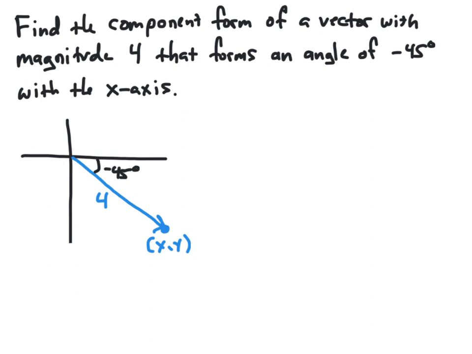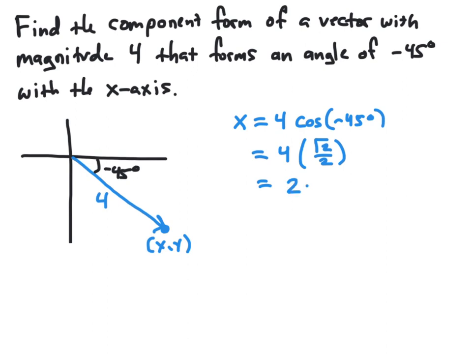Now, using some basic right triangle trigonometry, we see that x will be 4 times the cosine of negative 45 degrees. The cosine of negative 45 degrees will be positive square root of 2 over 2, since our angle is a fourth quadrant angle and cosine is positive there. And multiplying that by 4, we get an x value of 2 times the square root 2. So this will be both the x coordinate of our terminal point and the x component of the component form